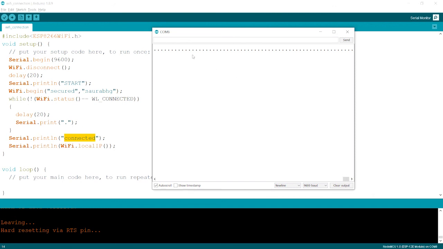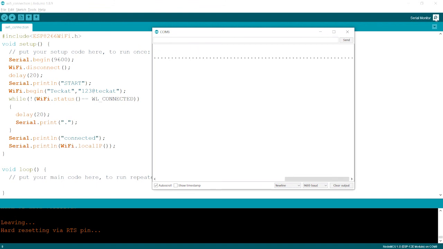But you remember, once you press upload, immediately move to the serial monitor. If you don't do this, then a blank screen will come out in the serial monitor. I will tell you how to rectify this. So you will find over here that it's taking time to connect our NodeMCU board with the Wi-Fi connection.